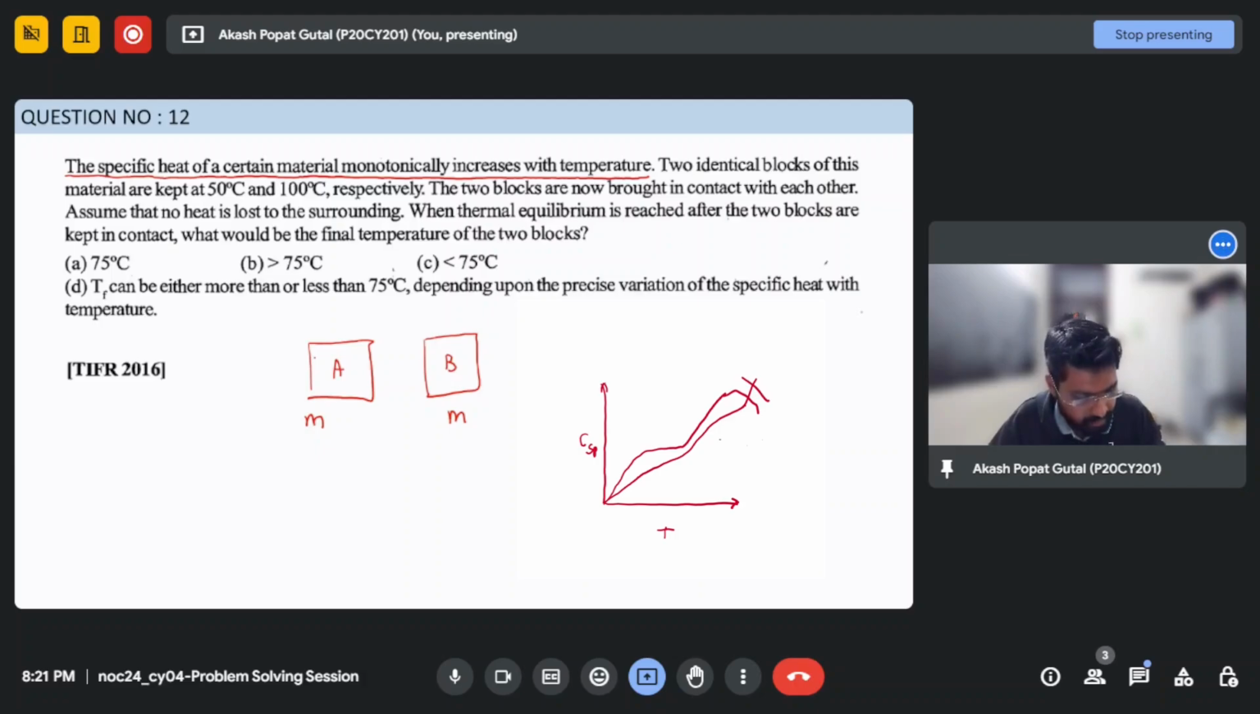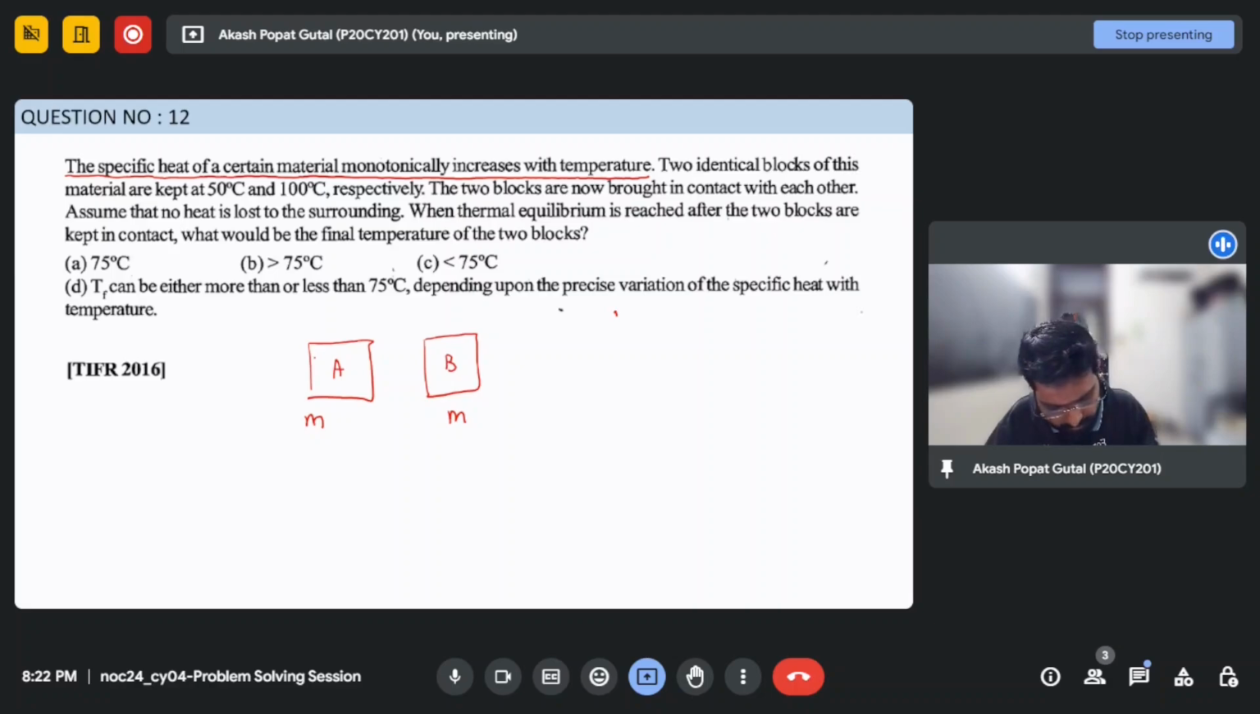Monotonic increase means if you increase the temperature, the Cp stays the same or increases. So it goes like this, but it never goes down. That is the point. So if such a material is there where the specific heat always increases with the temperature, its precise term is monotonically increases with the temperature, then